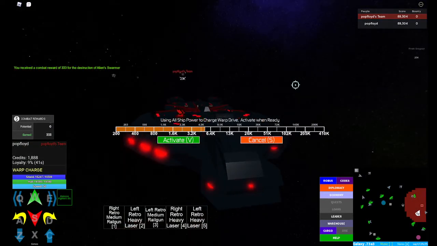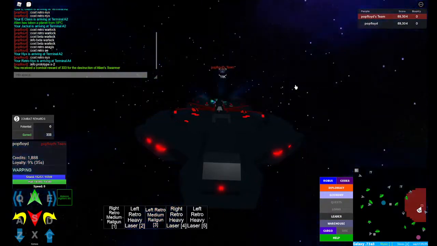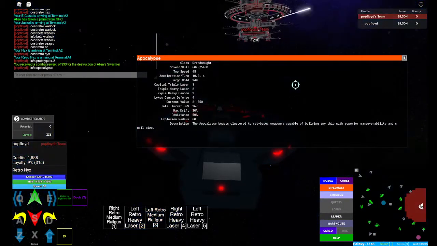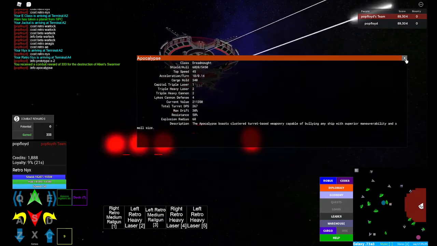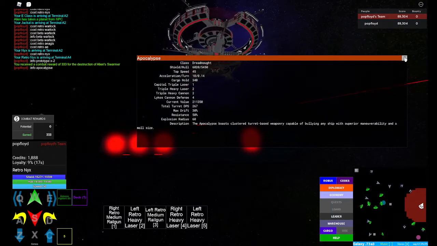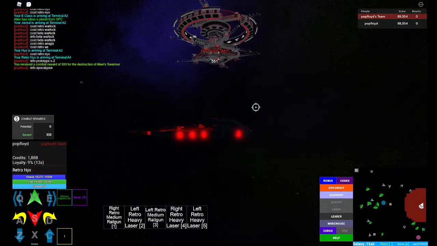I don't know. Let's see. Info. Apocalypse. The Apocalypse is just a good dreadnought to get a rough estimate. So the Apocalypse has 267 turret damage per second and around 150 or 180, somewhere between there, in average damage per second. Whereas this has